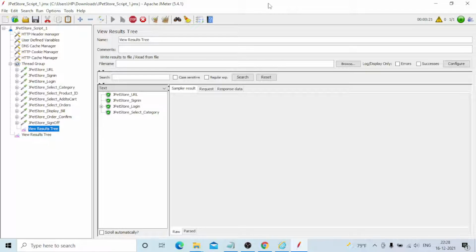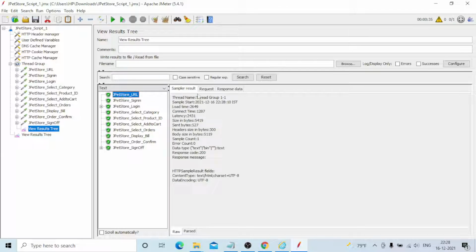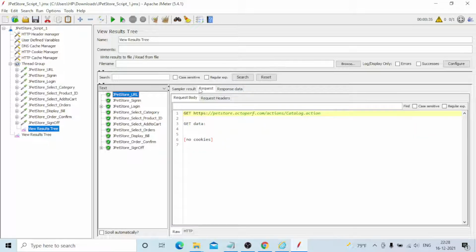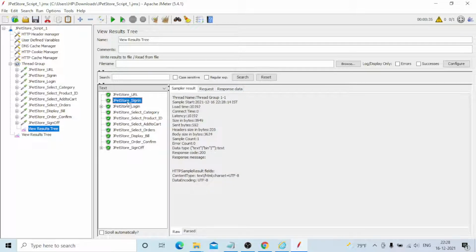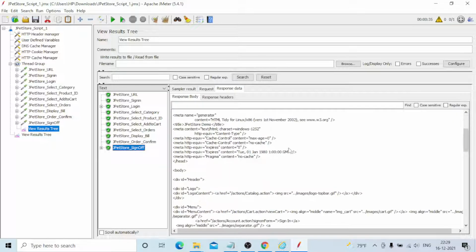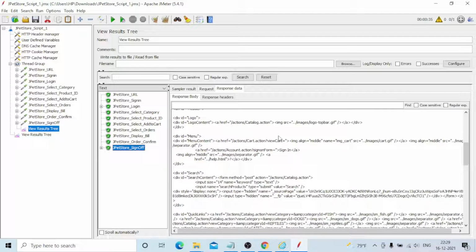Please be patient. Just 1 or 2 minutes only. Around 5 to 10 minutes only, it will complete this one. Yeah, it's working now. Yeah, it's completed now. Everything response code 200 now. It's a success only. Okay, everything is success only. You can go to the response page now. You can see all the data.